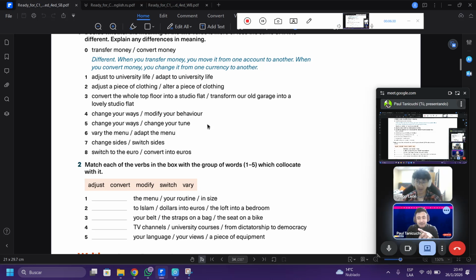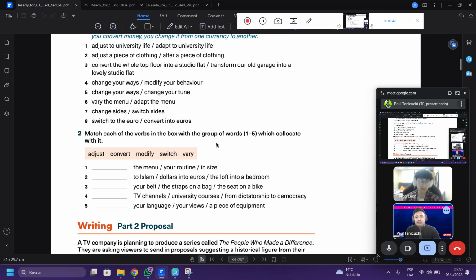Yes, it's the same. For example, I'm going to switch my chair or my seat with you, or I'm going to change, is exactly the same. Or it can have the meaning of no longer sharing the opinions, maybe, or the people. For example, in this case, to change something or someone.